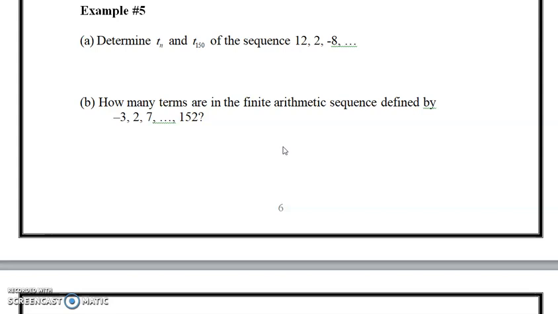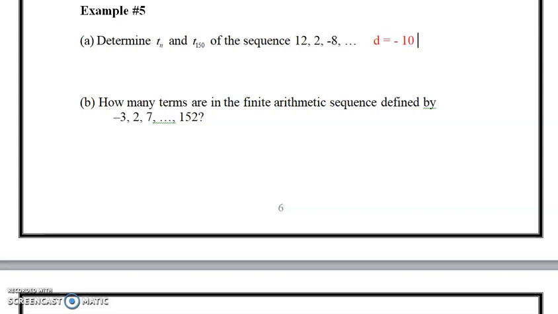Example 5 says determine the general term and the 150th term of the sequence 12, 2, negative 8. It doesn't tell us it's an arithmetic sequence. I know we're in that section, so we want to double check that. We simply take 2 subtract 12, and we get negative 10. We take negative 8 and subtract 2, and we get negative 10. So we see that we have a common difference of d